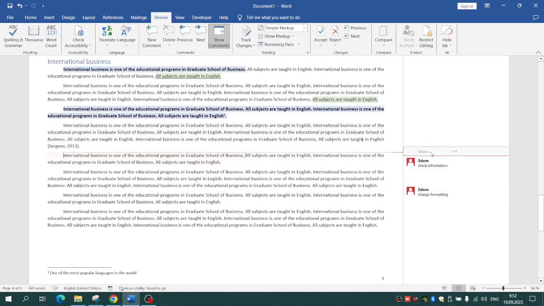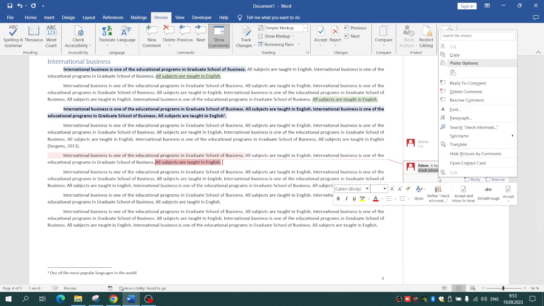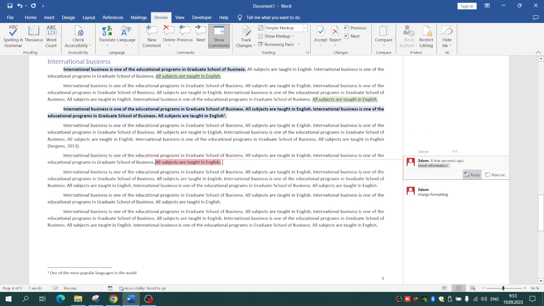So it will be in the gray color. So we could see that it was resolved. And also we could reply to it. For example, we work with our friends, and we are going to give some extra comment. For example, no, not valid information. So it's the answer for